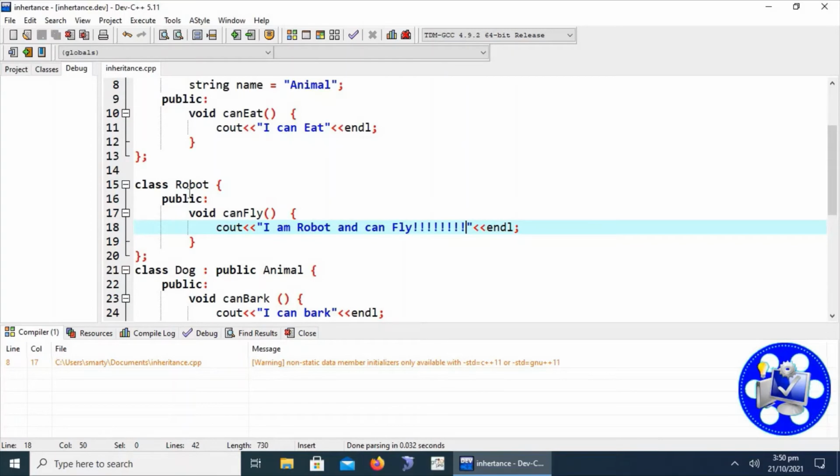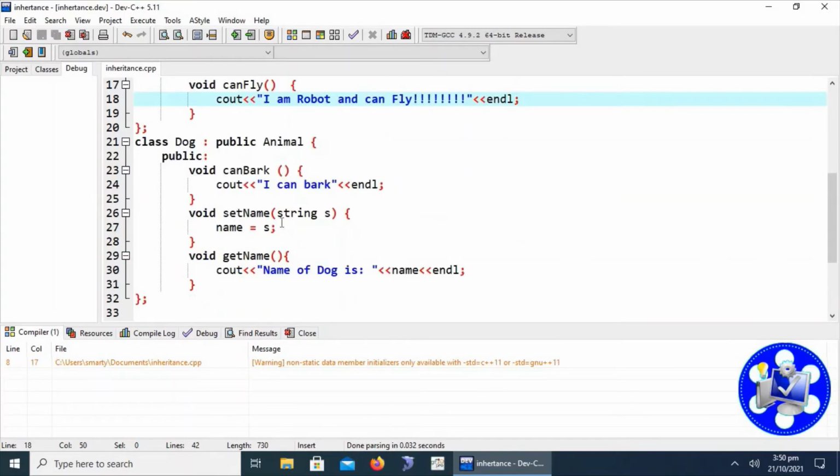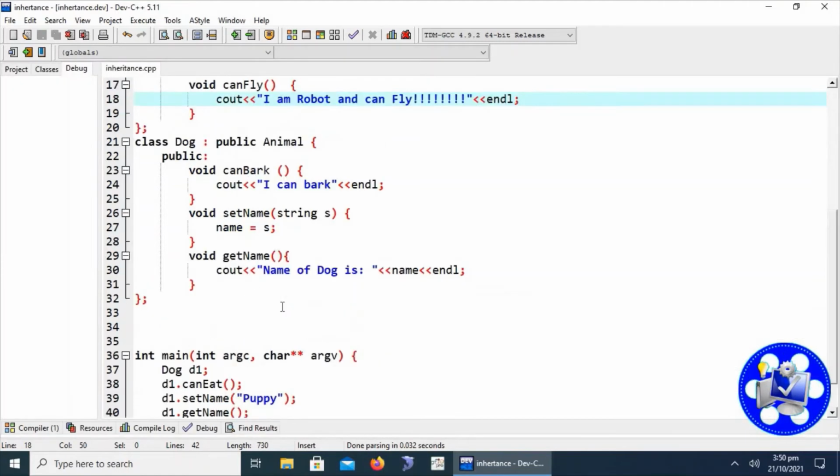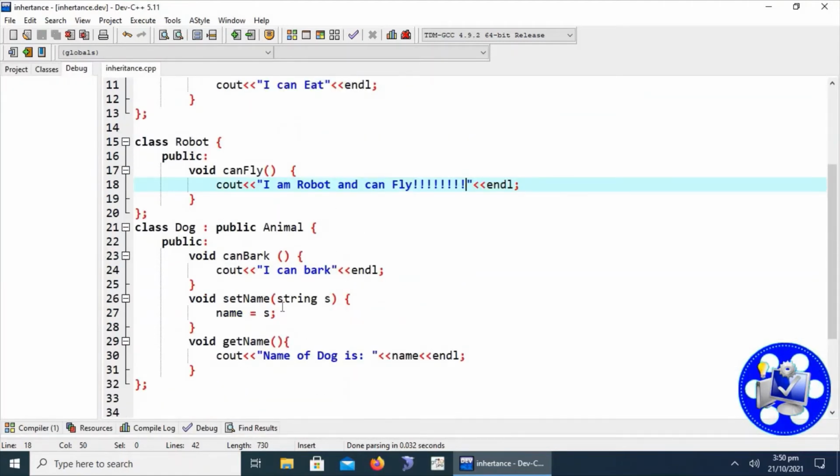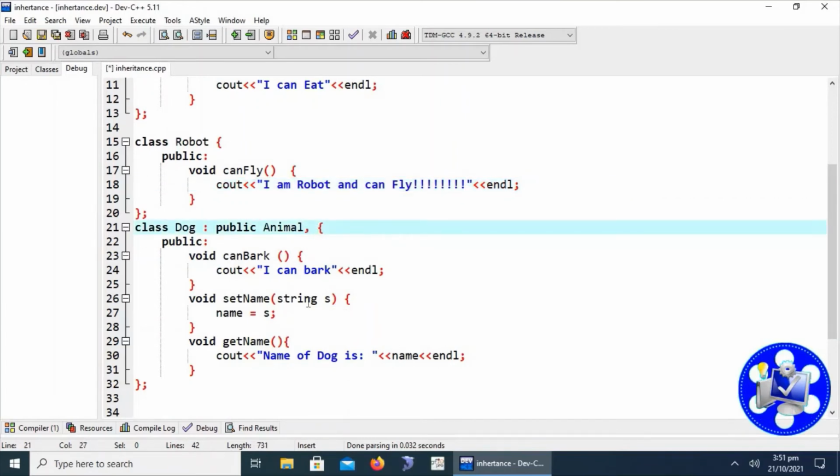Okay, now we are going to discuss multiple inheritance here. What is multiple inheritance? In which one derived class is inherited from multiple base classes. We just have to place a comma, provide here the inheritance specifier and the class name robot. Now what will happen?